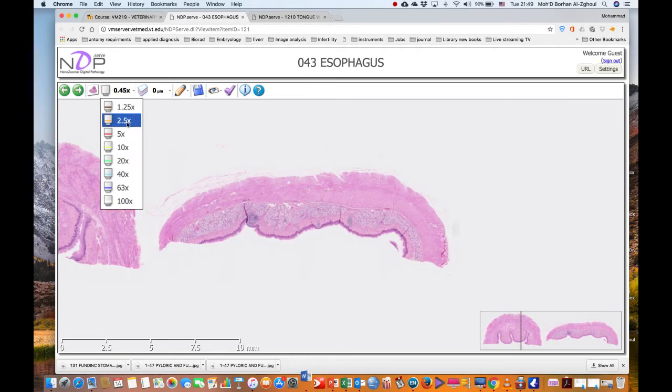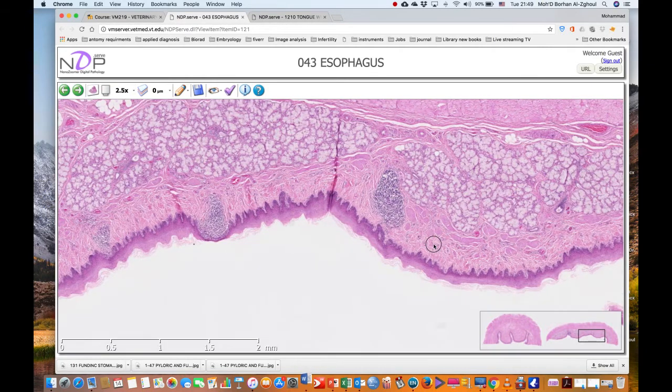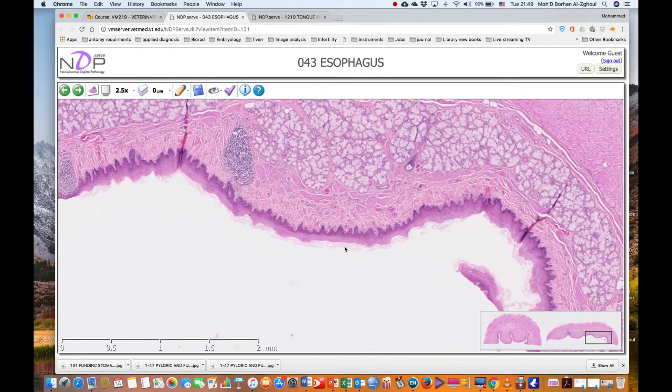If we increase the magnification, you can see here the type of the epithelium, keratinized stratified squamous epithelium. This area here is the area of the lamina propria, and we can see here we have the muscularis mucosa,